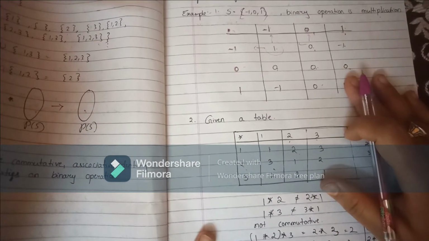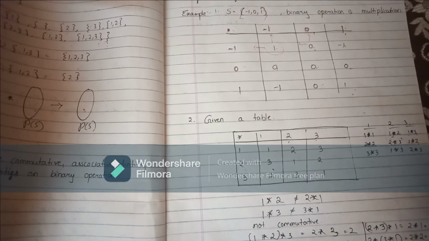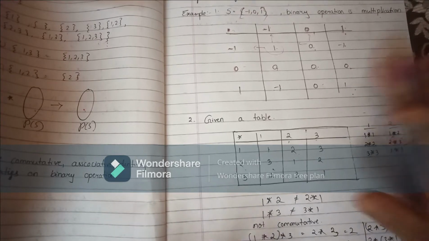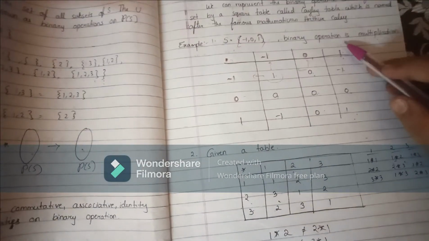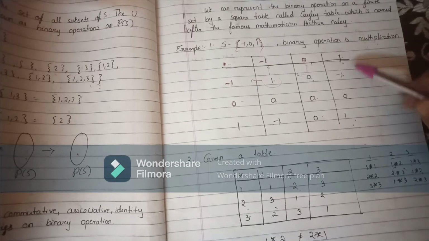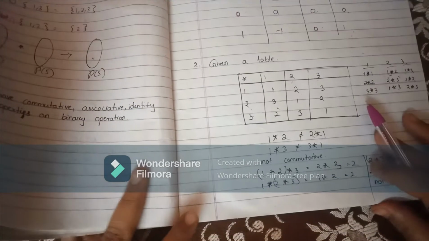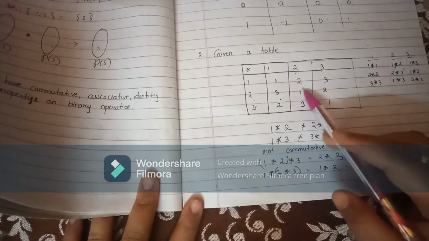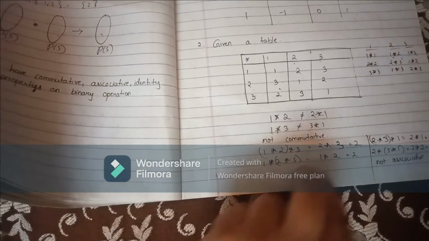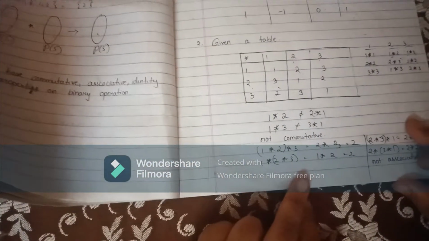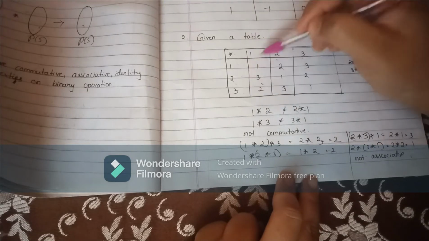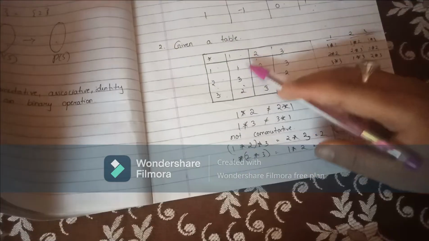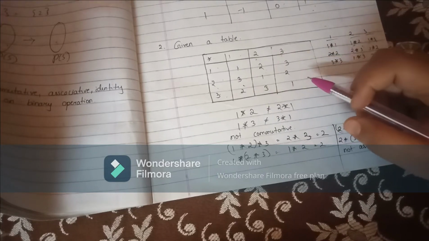Whenever we move to groups, this table will be more useful. Now in this question the set was given, the binary operation was given, and we made the table. But in this example a table is given, so from this table we can check whether it is commutative, associative, or closed or not. How? Look, star is given with 1, 2, 3 and 1, 2, 3, which means {1,2,3} is the set. Let's find the identity and inverse from this.